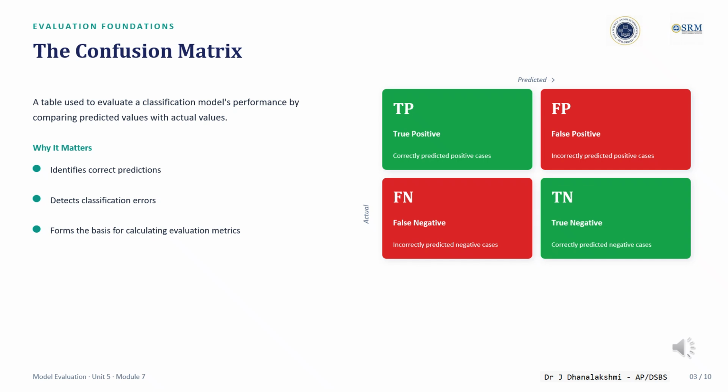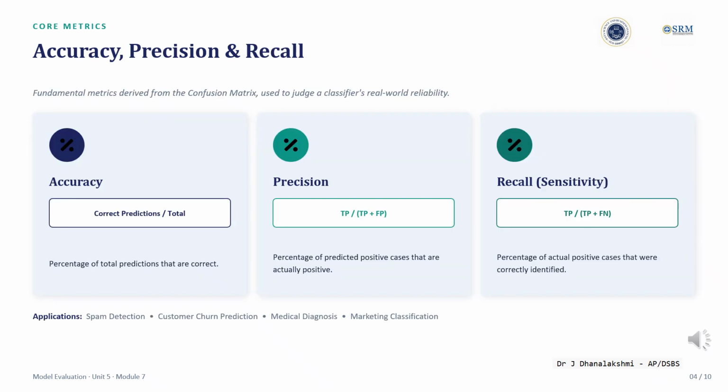F1 score. Accuracy, precision, and recall are 3 fundamental metrics used to evaluate classification models. Accuracy measures the percentage of total predictions that are correct. Precision measures the percentage of predicted positive cases that are actually positive, making it useful when false positives are costly. Recall, also known as sensitivity, measures the percentage of actual positive cases that are correctly identified by the model. These metrics are widely used in applications such as spam detection, customer churn prediction, medical diagnosis, and marketing classification, where